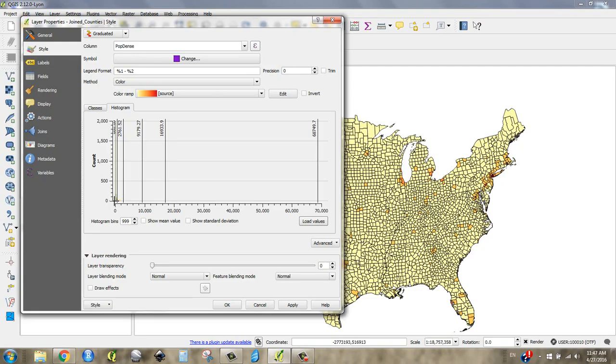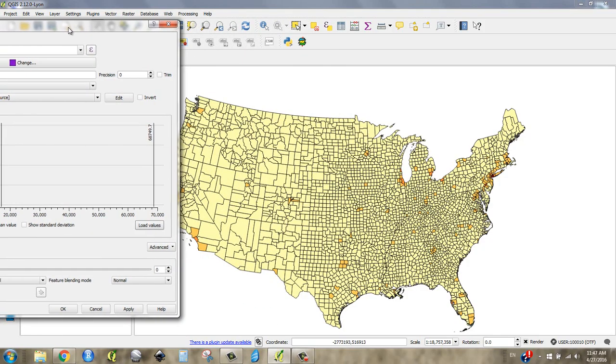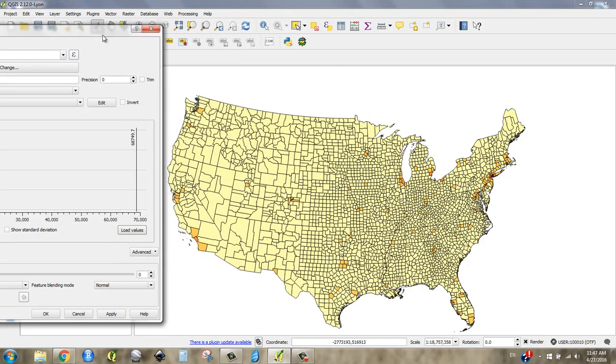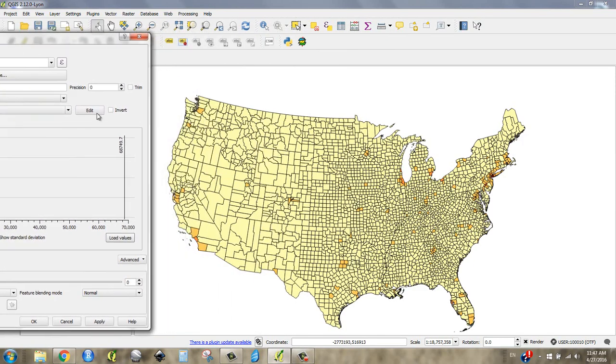They have a very low population density, and that's why most of them are all in this first class, and that's why the map looks all pale, that pale tan color. And then this next section is the next class, and that shows us, right around San Francisco and LA and the eastern seaboard,